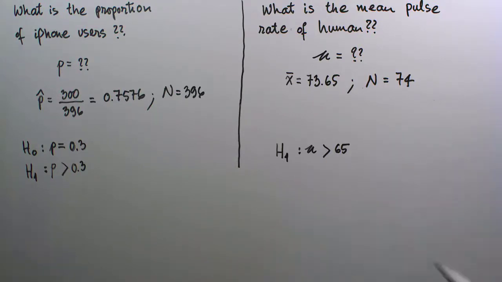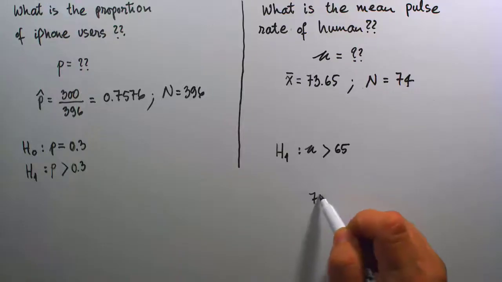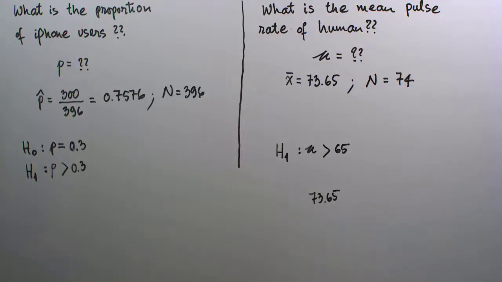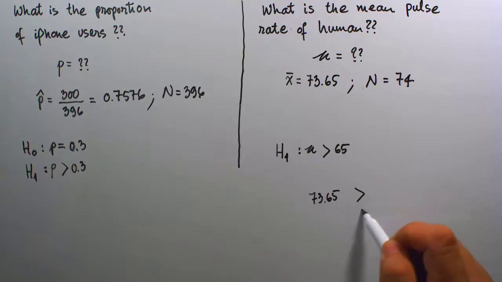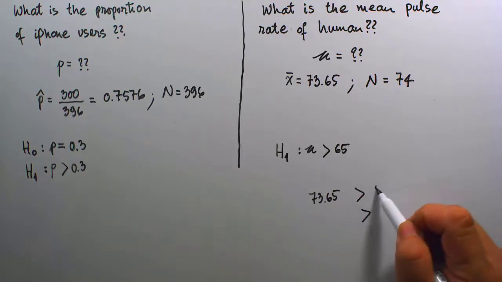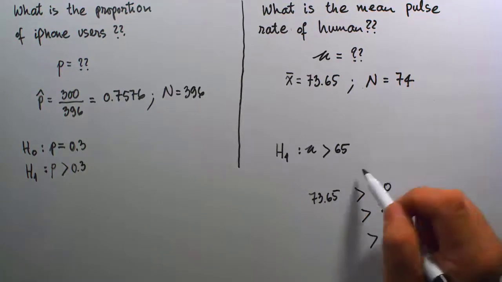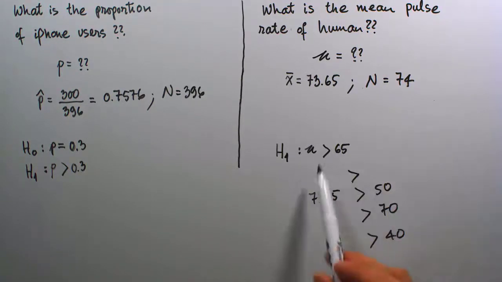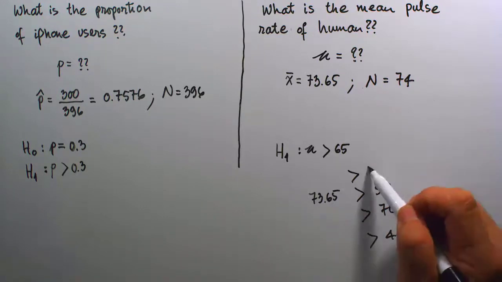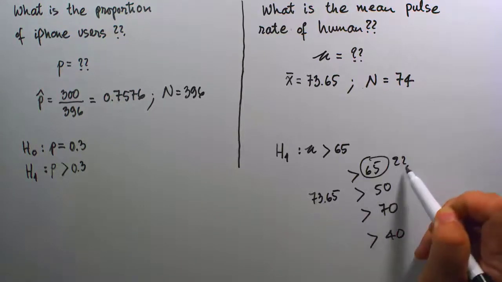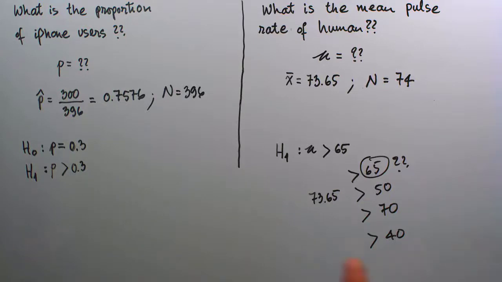And again, 73.65 in our sample is above a lot of other values. It's greater than 50, it's greater than 70, it's greater than 40. Why is this statement specifically comparing with 65? Why? And now, realizing that, the statement could have been generally greater than 50 or generally greater than 70, but why are we comparing directly